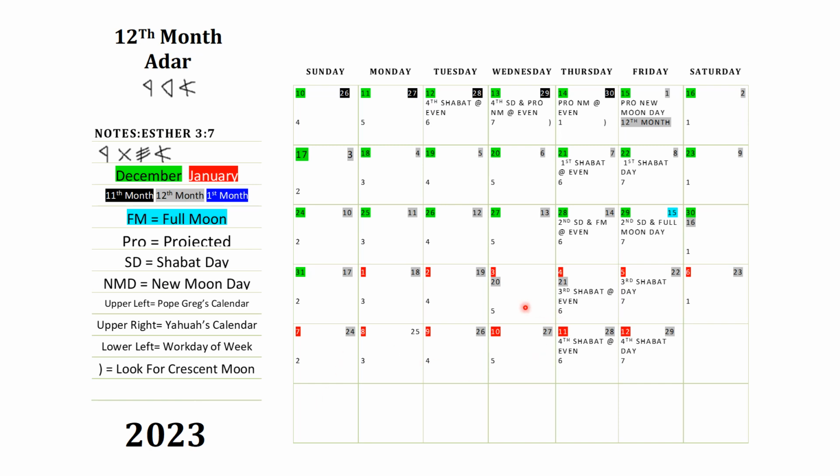Now, if you look at these numbers right here, this 20 and this 21, I just noticed some of these numbers are off. I don't know what it is. It's because of the program. I guess it happens on different videos. So just ignore that. When I pull it up to print it, it comes out right. It has something to do with the program. But either way, this is what your calendar should look like, close to it anyway.